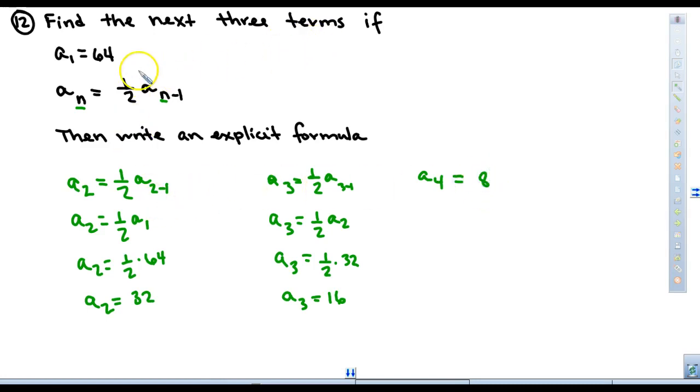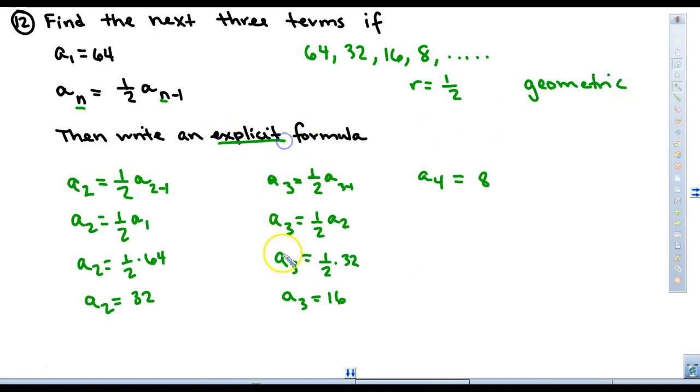Okay? And by now you can figure out that a sub 4 is going to be 8, because we've started with 64, we've gone to 32, then 16, and then 8, so you can tell that we're taking half each time. So our common ratio is 1/2. So this is a geometric sequence. Okay? Well, if this is geometric and I need to find an explicit formula now,